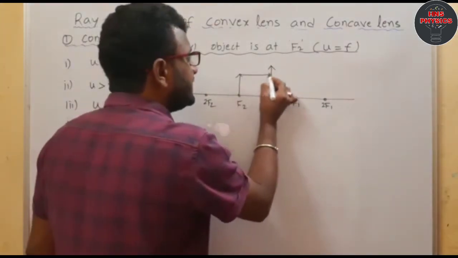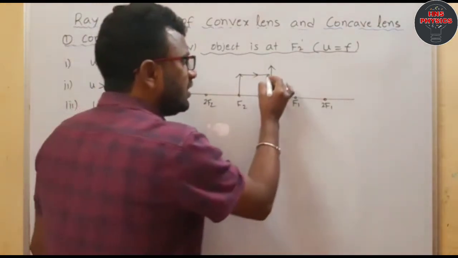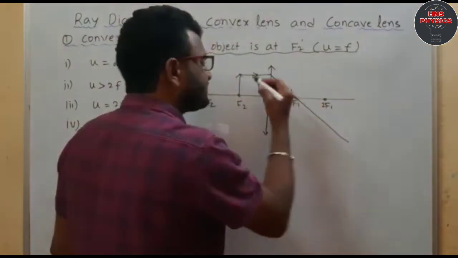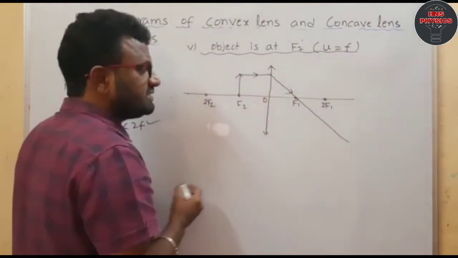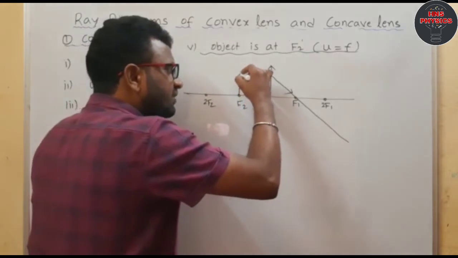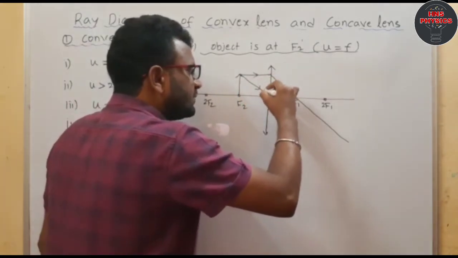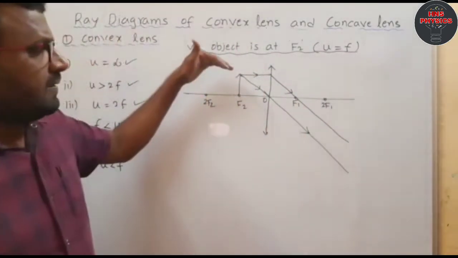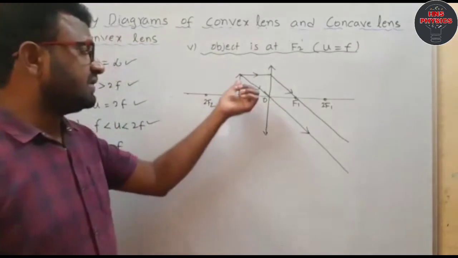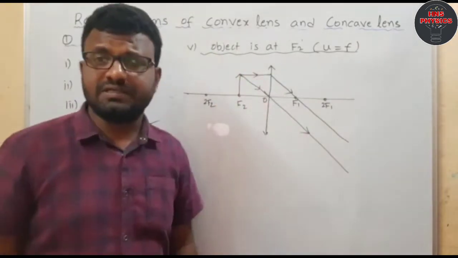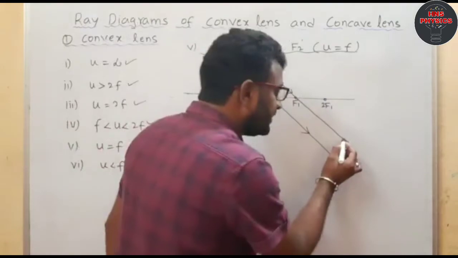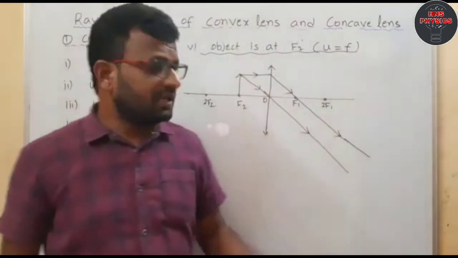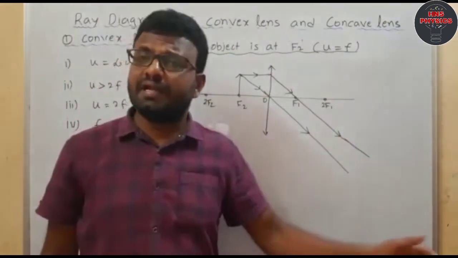So here a ray passes parallel to the principal axis. After the refraction, the refracted ray passes through the principal focus. Next, if I am taking one more ray, the ray passes through the optic center. The ray does not deviate from its path, because according to the third rule, if any ray of light passes through the optic center, the ray does not deviate. So these two rays pass parallel to each other. That means these two refracted rays meet at infinity.